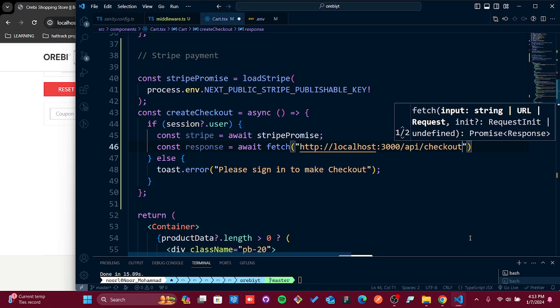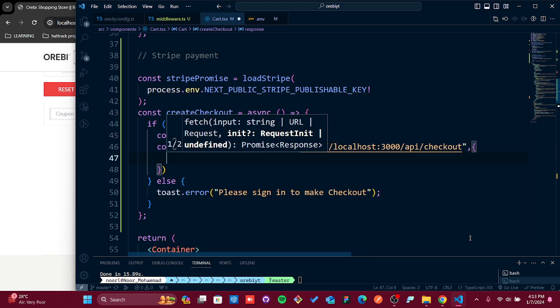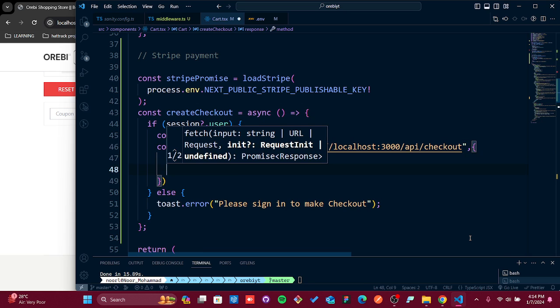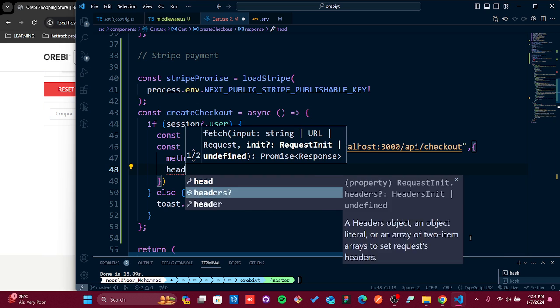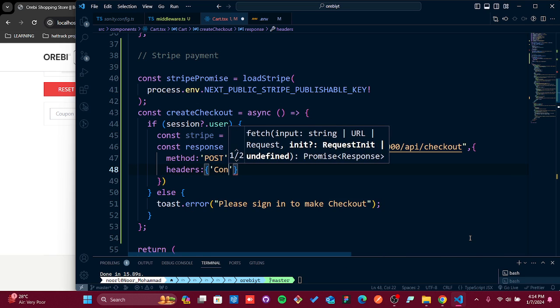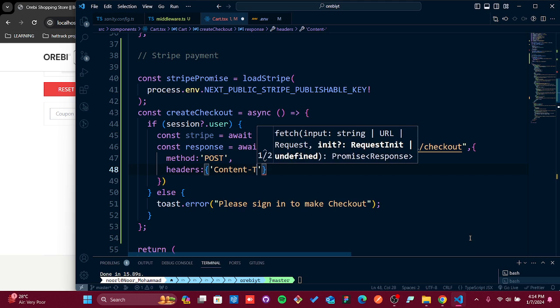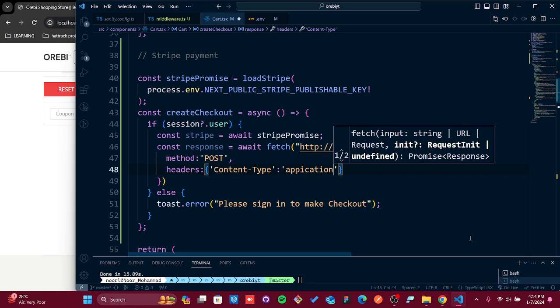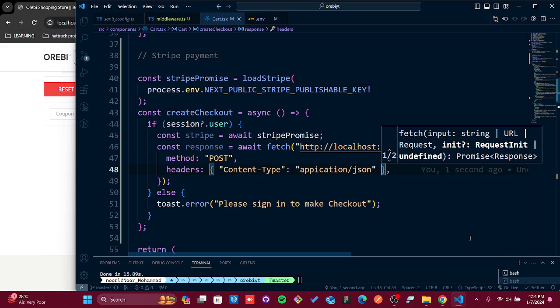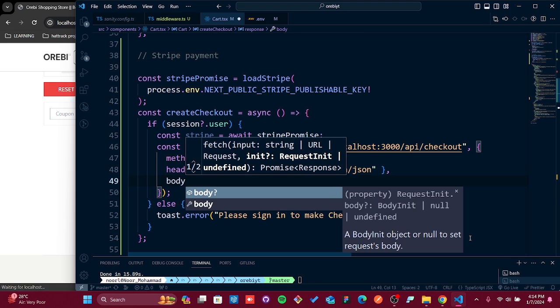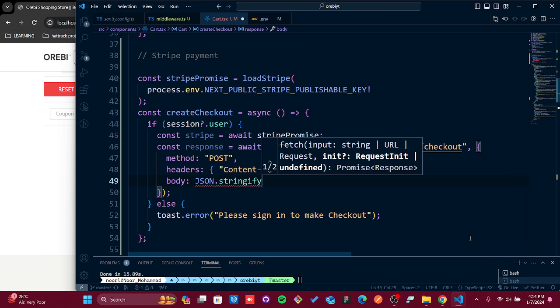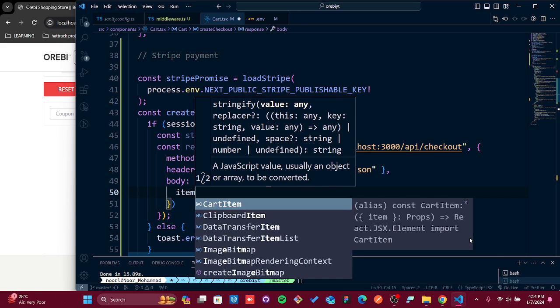The name we will give it is checkout, and here we're gonna pass the other variables, and the method is going to be a POST method, and then the headers we need to pass, and that headers will be Content-Type, and that type will be application/json. So we're gonna pass the header as a content type of application JSON, the data we're gonna send, and also we're gonna pass the body, and that body we're gonna make JSON.stringify